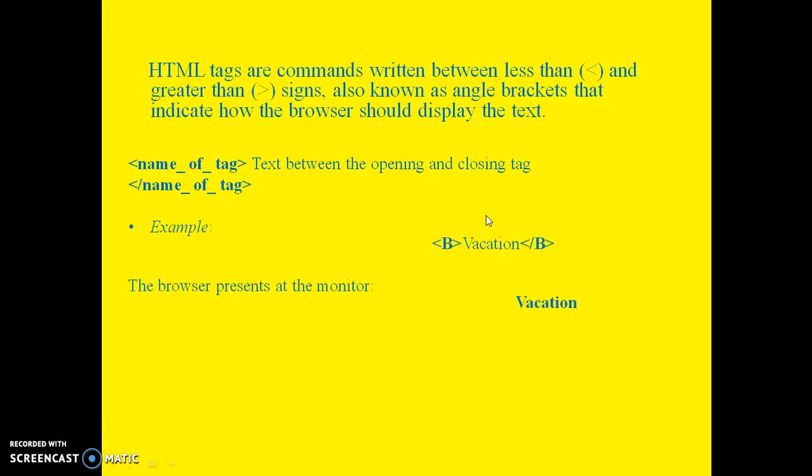Here is one example. We want to display the text in bold format. So B is my tag, this is my opening tag, this is my closing tag, and the vacation is the text that I want to place inside the opening and closing tags. When I run this code, it will display my normal text in bold format, because I wrote this text in between the opening and closing tags within the HTML. In this way we can put our tags in an HTML file with the opening and closing tag, and we get this kind of output.